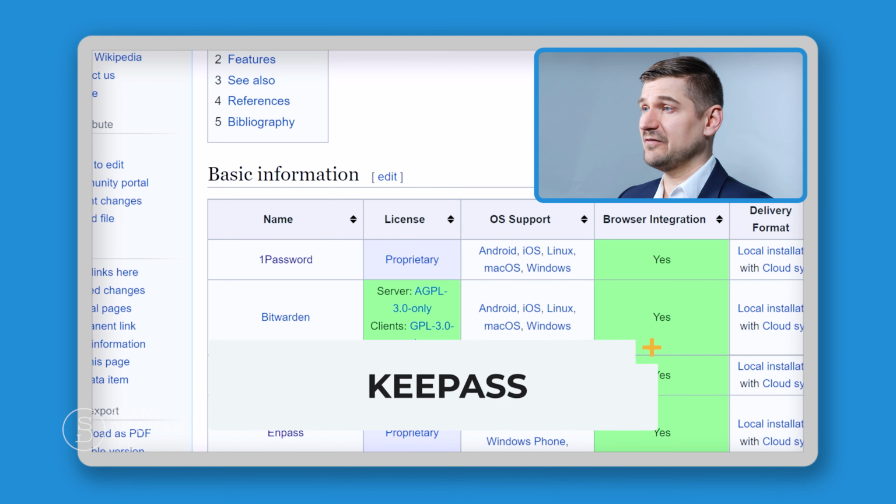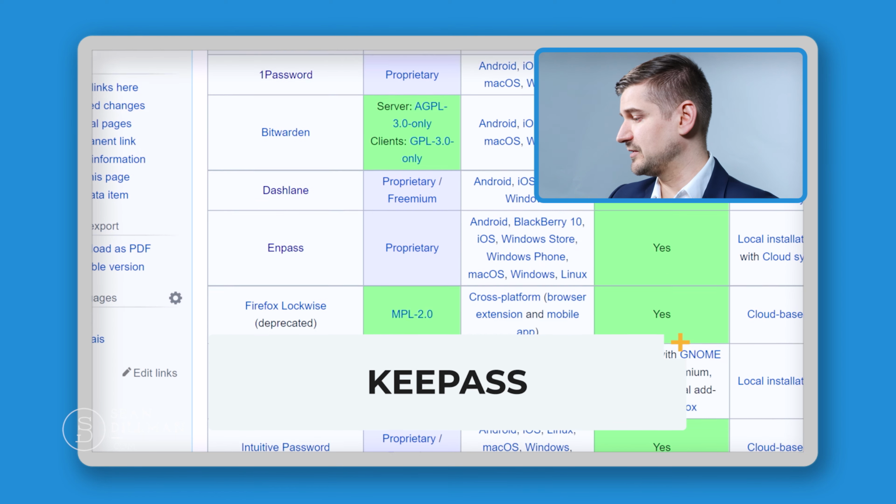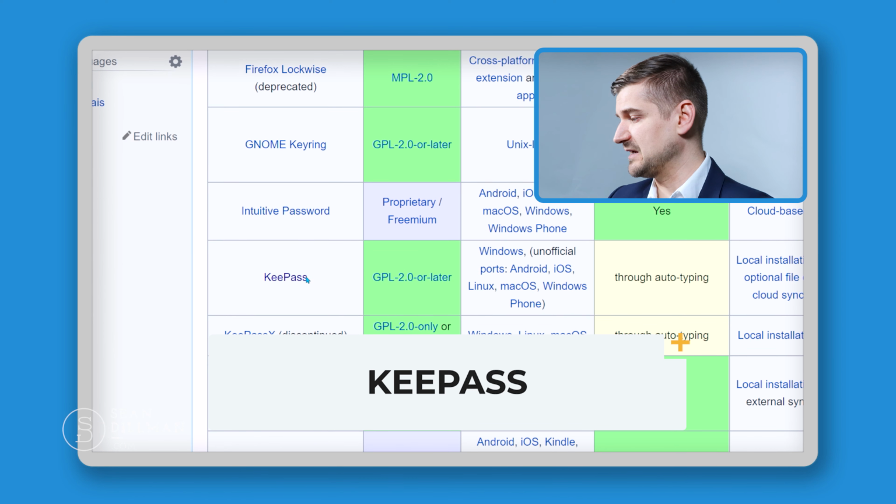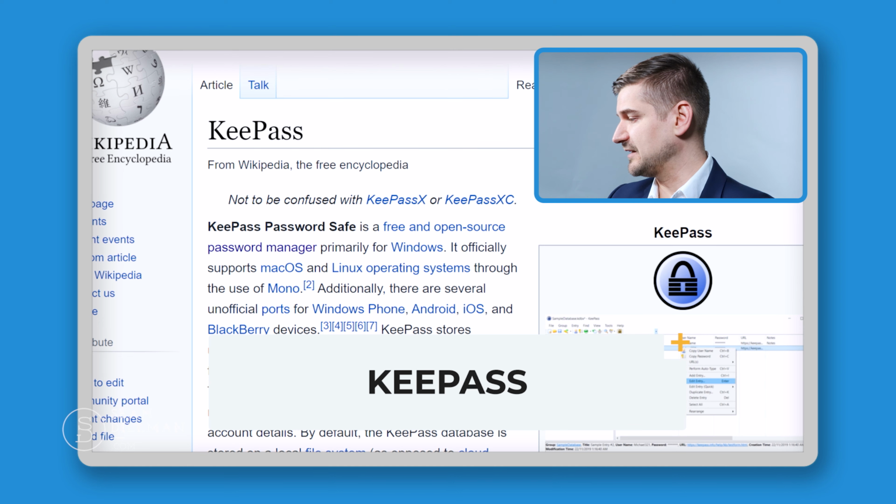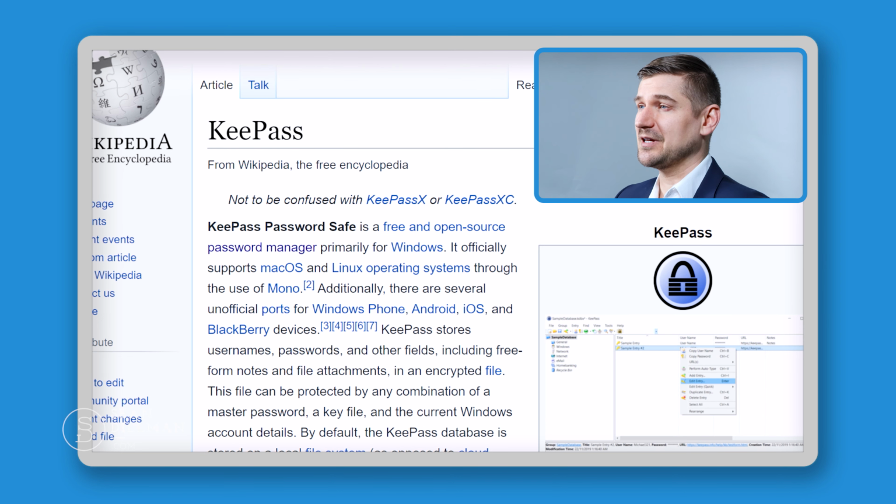So for the purposes of this demonstration, we are actually going to use this one. It's called KeePass. So I'm going to click on this link, and this is going to take me to the KeePass Wikipedia page. There's all kinds of stuff that you can read about KeePass, but the long and short of it is that, to me, it seems that KeePass is made by trustworthy and thoughtful individuals who are giving this software out for free. They're maintaining it for free, and this is just a really wonderful service.